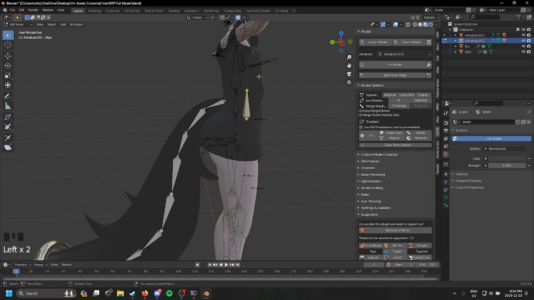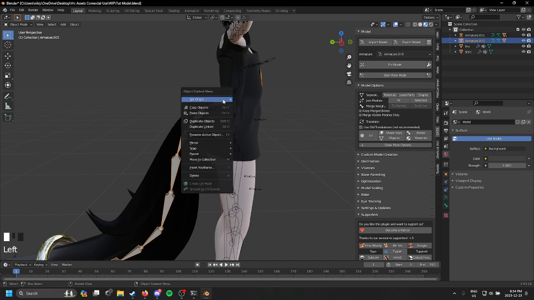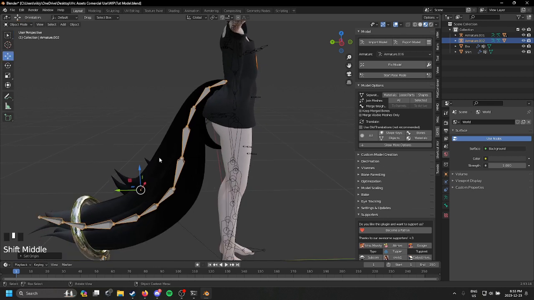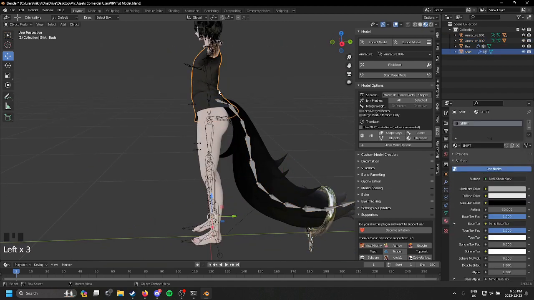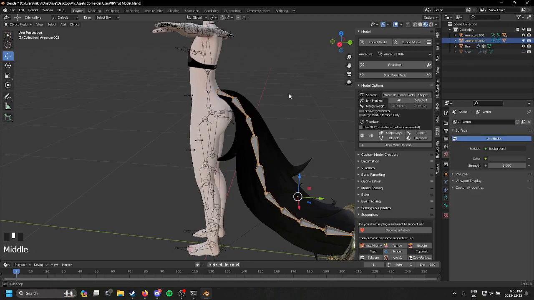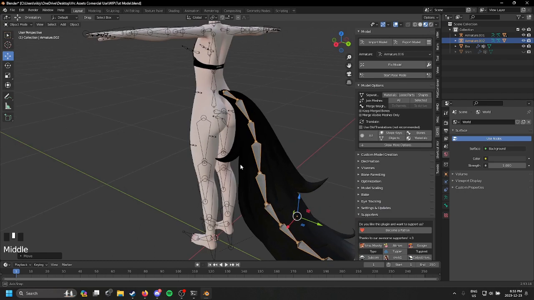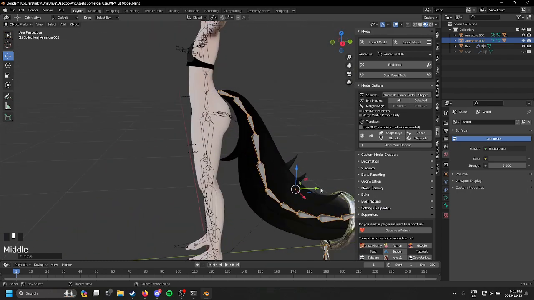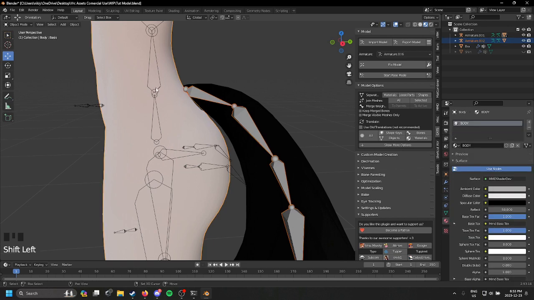This, I think, is just a hip, so I'm gonna get rid of this. Gonna bring it down. Control A. Actually, let's bring it down a tad bit more. Like there. Let's hide that. Yeah, that looks good. And then bring it back a tad bit. Perfect. Okay, now Control A, all transforms, and then